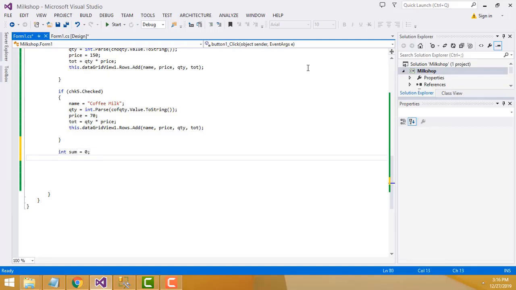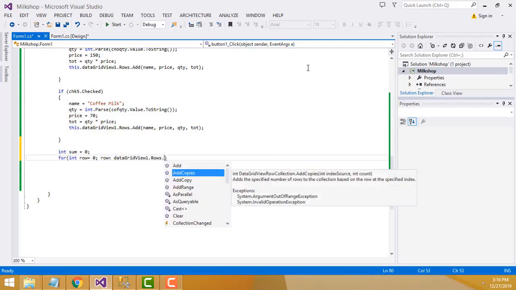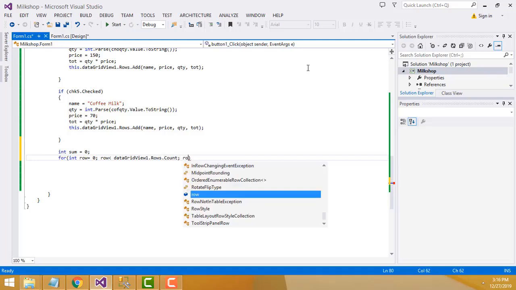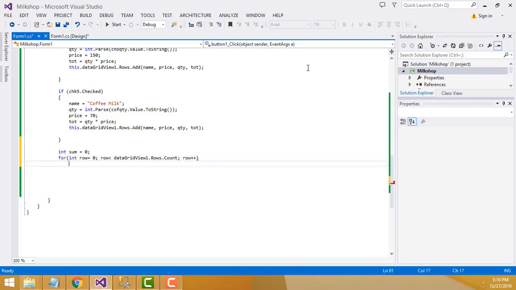After that we have to write a for loop, int row equals 0, row less than dataGridView1.Rows.Count, right? After that row plus plus. Now here write sum equals sum plus